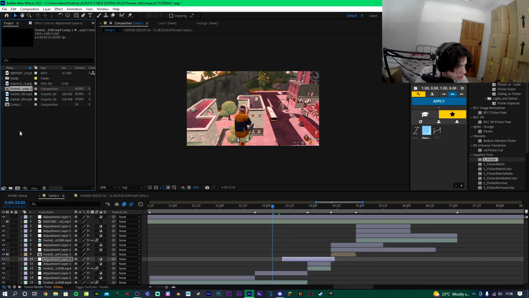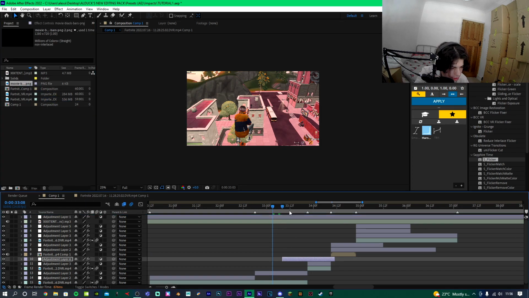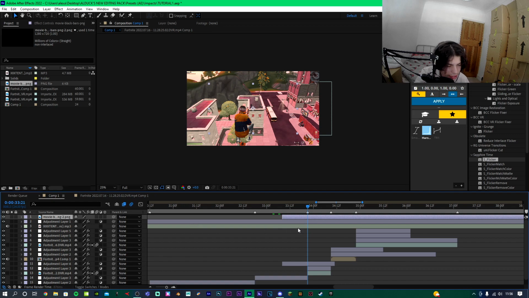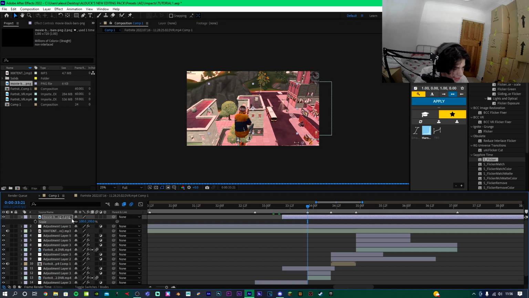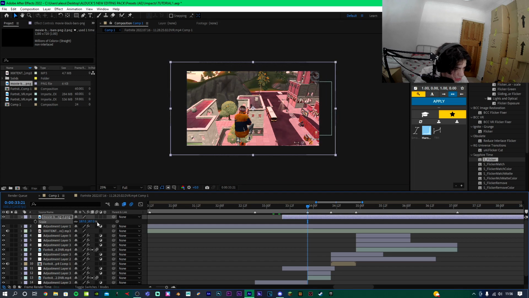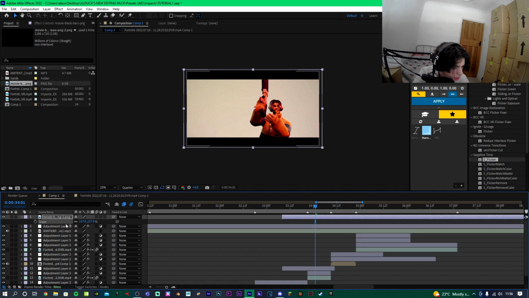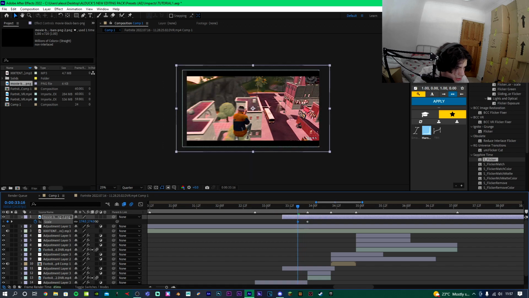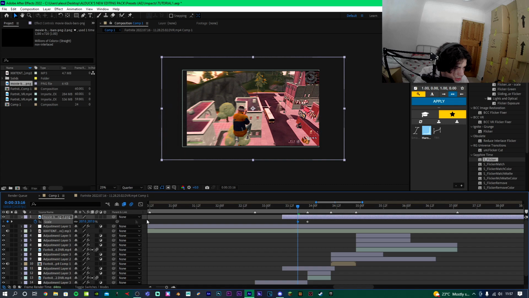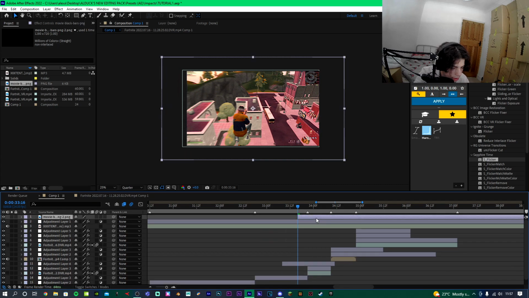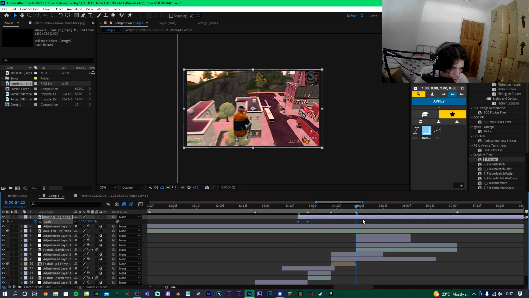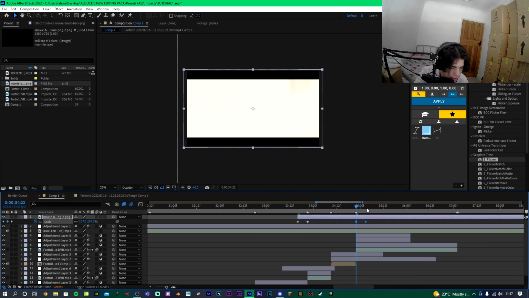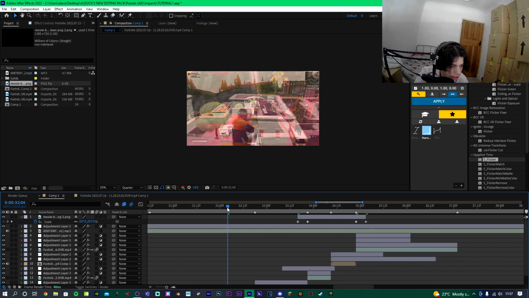We've forgotten a key thing, which is black bars on the cinematic. Now I use a little cheat here. I've done this in other tutorials before. I've got a PNG image of black bars, which I use. I'm going to scale this up to around 187, I think. I'm going to keyframe the scale over here, drag this to where the cinematic starts. I'm going to go 1, 2, 3, 4, 5 keyframes forward, backwards, and I'm going to increase it just so you can't see it. Now I'm going to copy these keyframes, paste them where the cinematic ends and the kill begins, and I'm going to time reverse the keyframes and cut the black bars there. Now if we pre-render this,